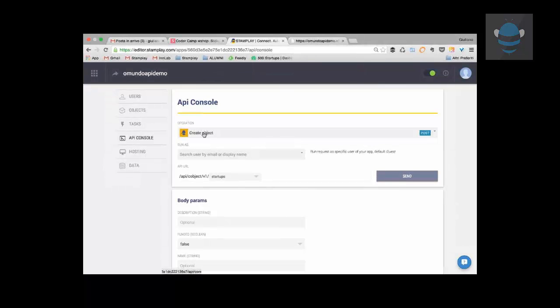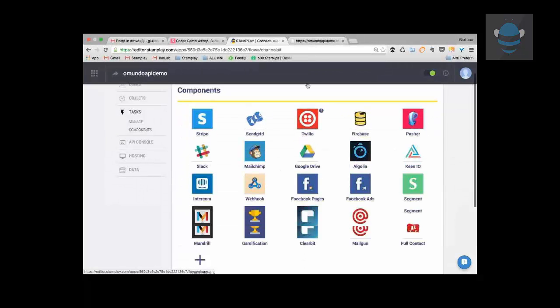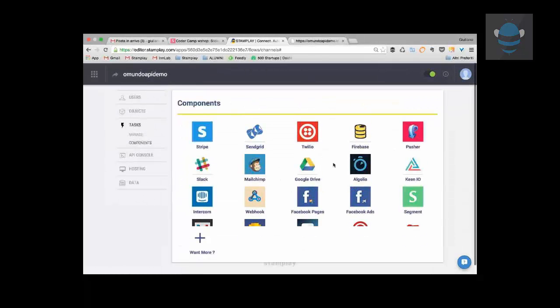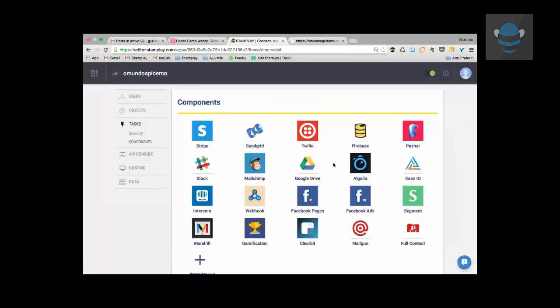And then we'll start to get even more interesting in this section. It's about connecting the core models of the application with the APIs out there that we have. So these are the integrations that we have built so far. We have already integrated many, and we are adding more and more